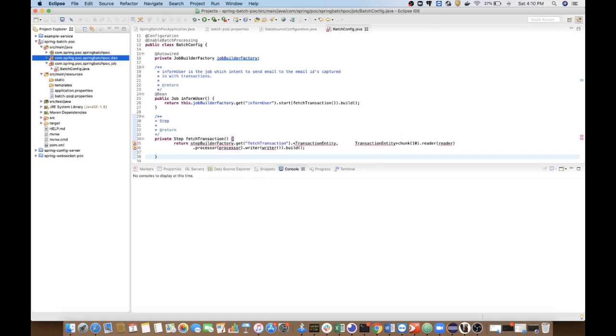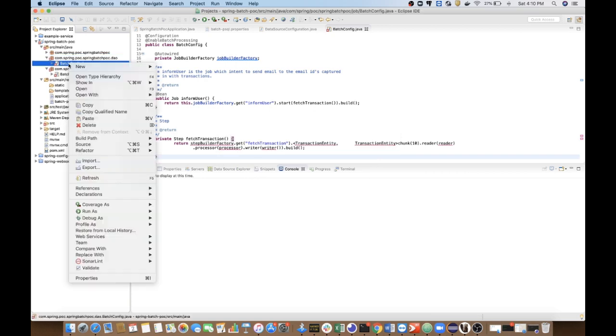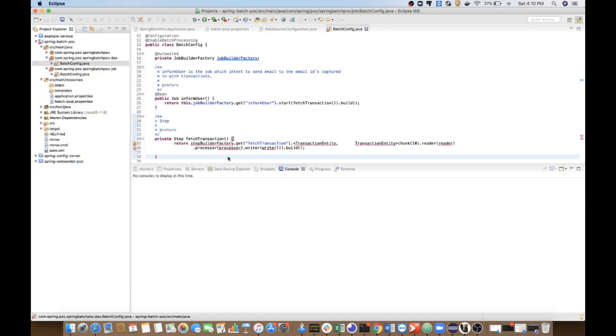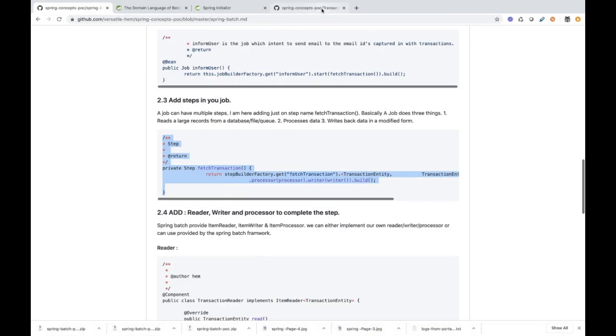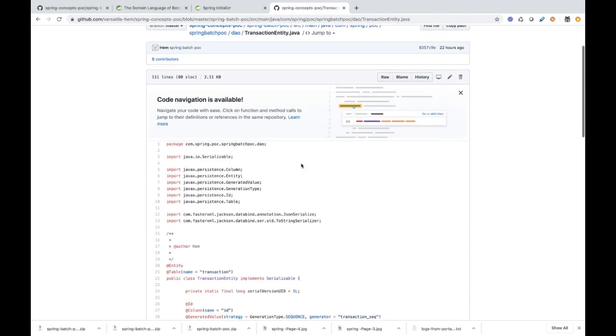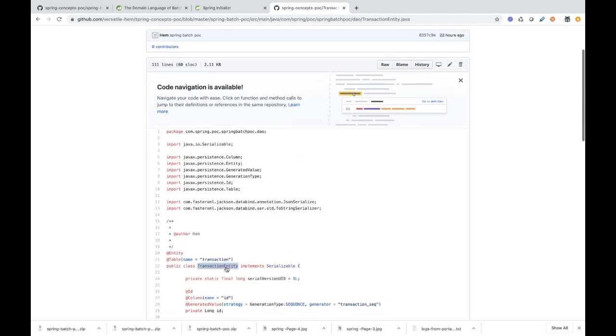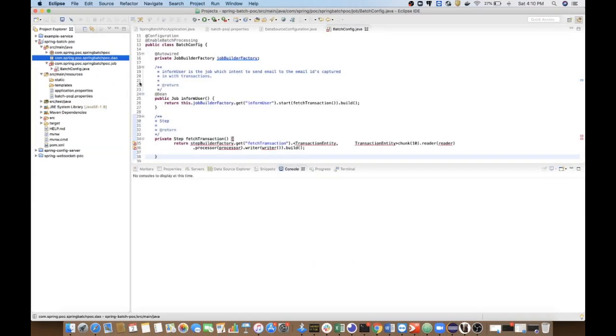I have already created the DAO for that, so we will just copy paste it. I already posted it on my GitHub. You can check it from here.